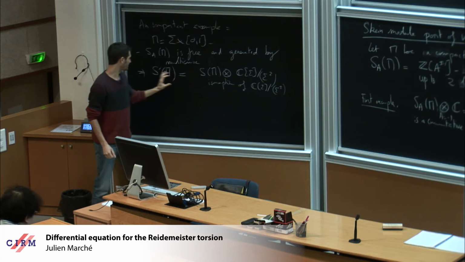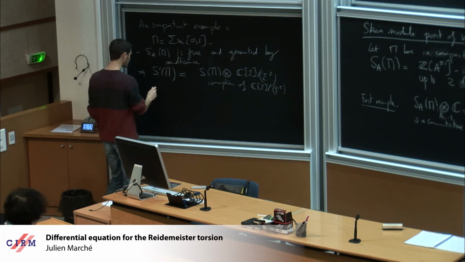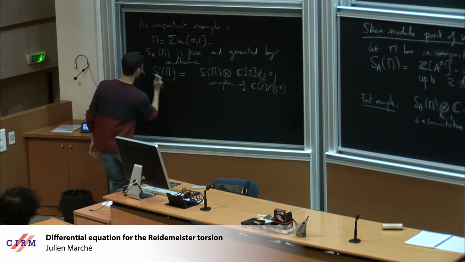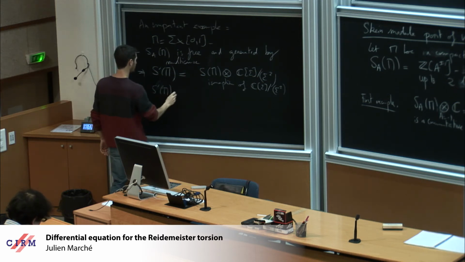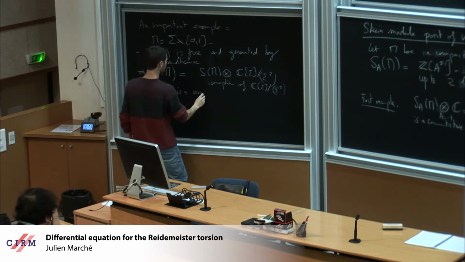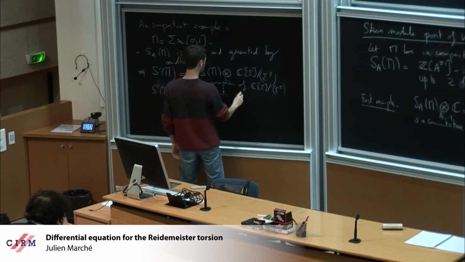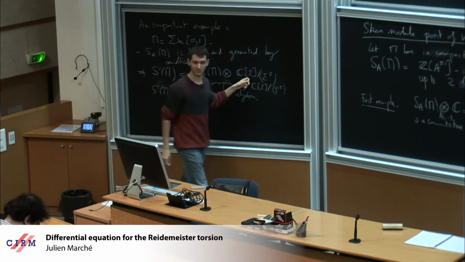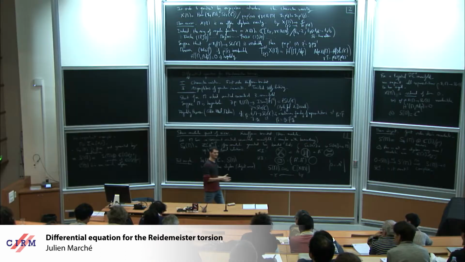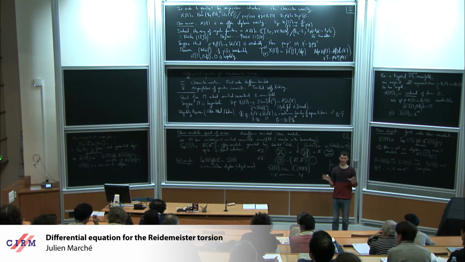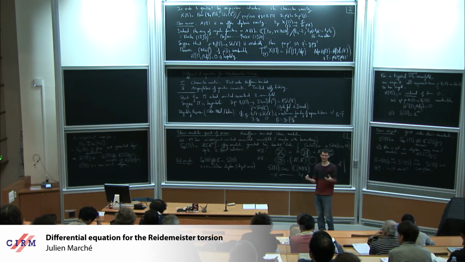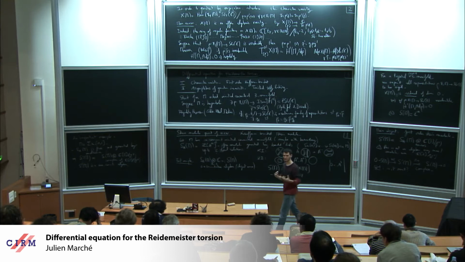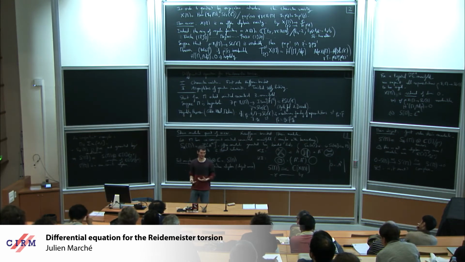But what I claim is that here I have an algebra structure. So this is an algebra, a non-commutative algebra. S of M is an algebra, and this is an algebra. So on the left you have a non-commutative algebra, and on the right you have a commutative one. Okay, and they are isomorphic as modules. So it tells you that there is some trick here. So the two products are not compatible in some sense.